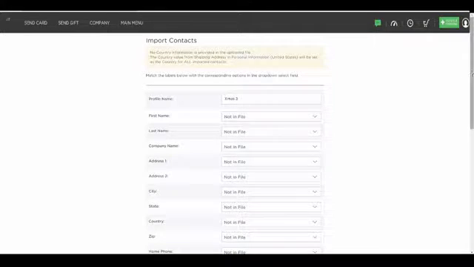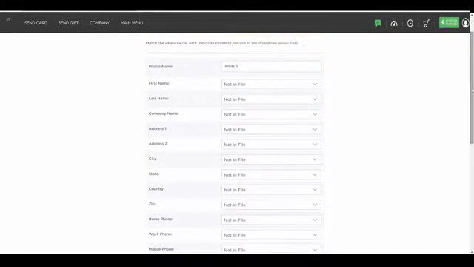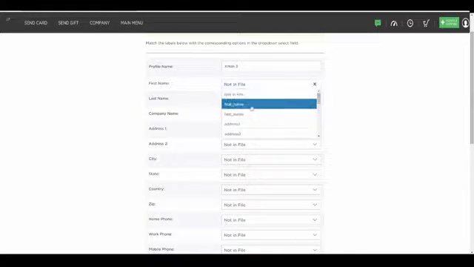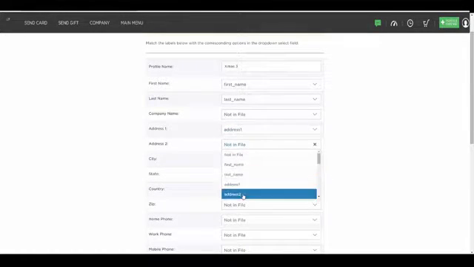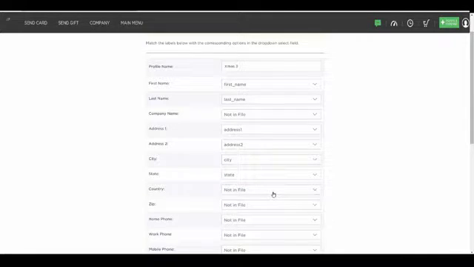And then you're going to map the fields. And all this means is that your spreadsheet has certain titles in the columns, and you're going to match it with what the Sendout Cards titles are so it knows where to put everything. So I'm going to do first name with first name, last name with last name, company name if you have that in there, which I do not on this spreadsheet, address 1, address 2, city, state, country if you have